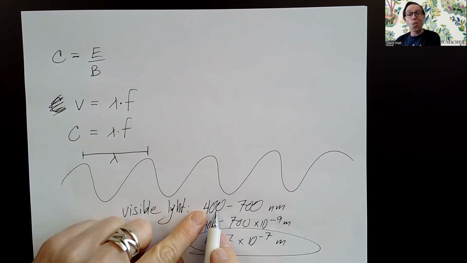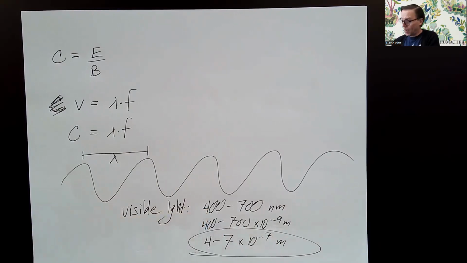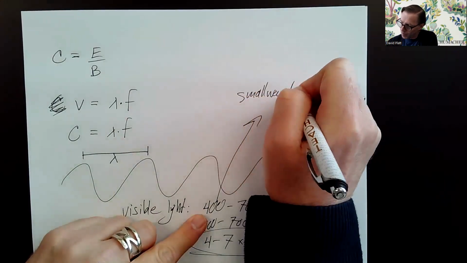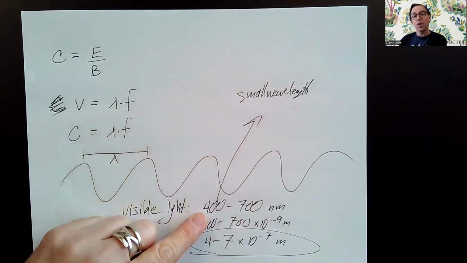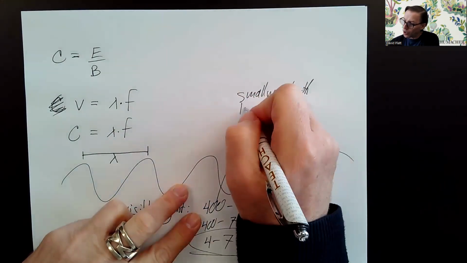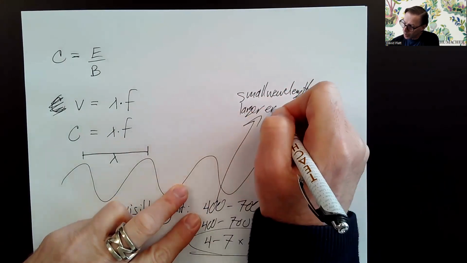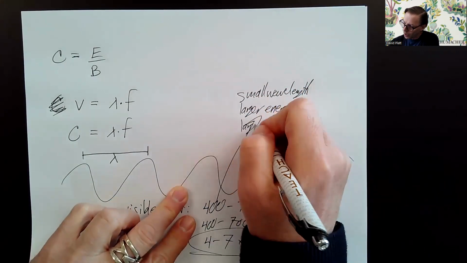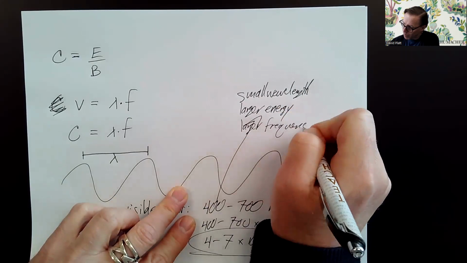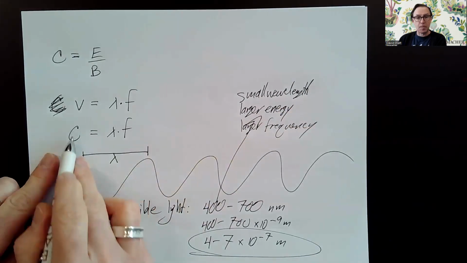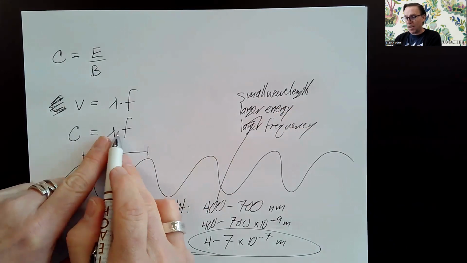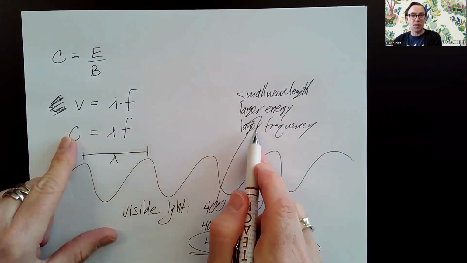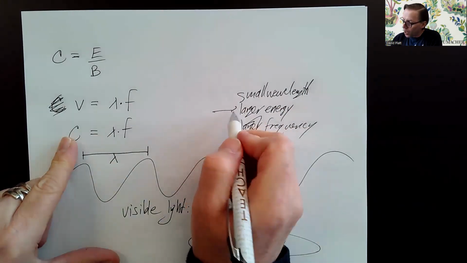The small wavelength and small wavelength turns out to be larger energy. And larger energy also tends to be larger frequency. Well, here, see, they all have the same speed. So if one of these gets bigger, the other has to get smaller because the product has to remain the same. So small wavelength should be large frequency. And the two things that are both large together